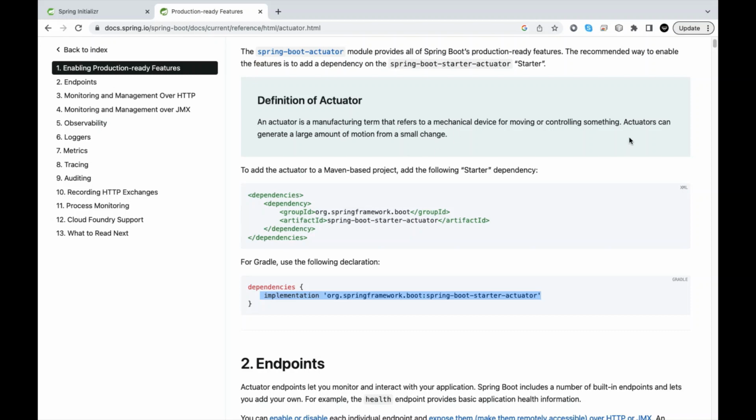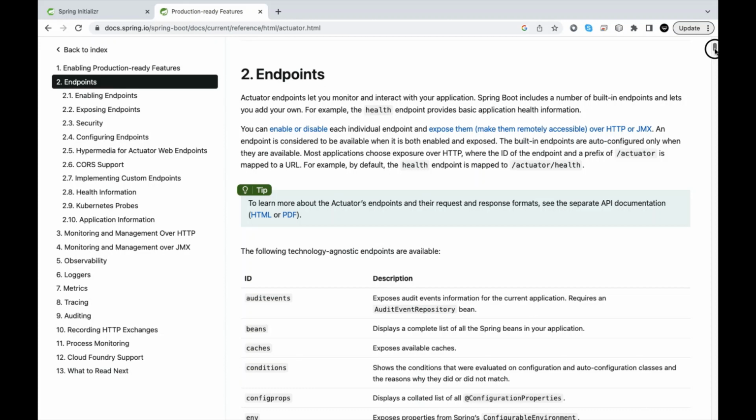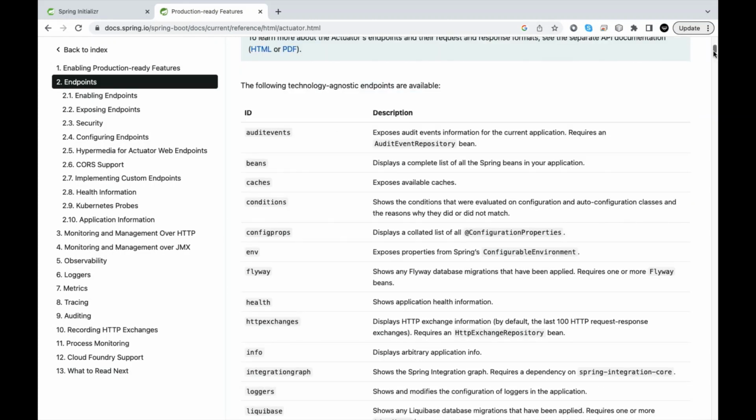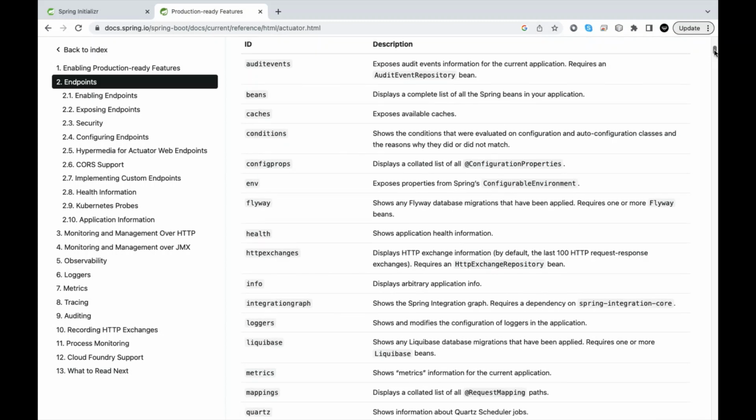So let's see some of the offered endpoints here before we jump right into the code. Let's just discuss a few of these. Here we have audit events, beans, caches, conditions. Please note, as I've mentioned before, the link will be in the description down below, so you can click on it and go through all of these and what they do. They're fairly quick descriptions, but once you plug in Spring Actuator, you'll see what all of these do. And of course, some of them require more config,